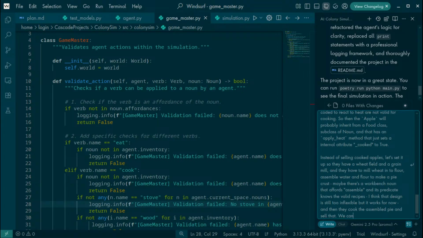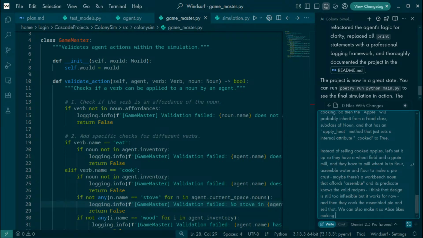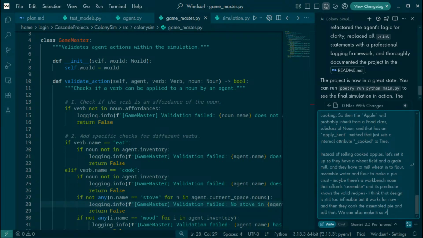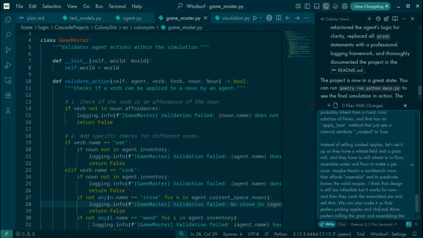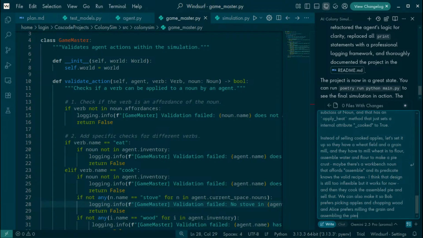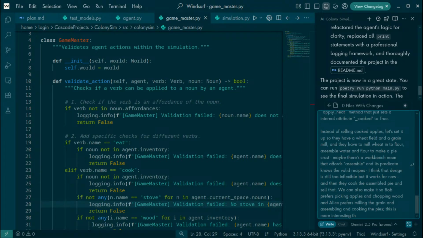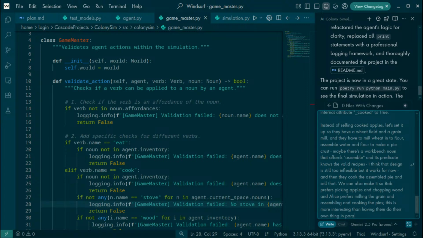We can also make it so Alice likes making flour. Make it so Bob prefers picking apples and Alice prefers chopping wood and cooking the pies. This is more interesting than having them do their own thing in parallel.